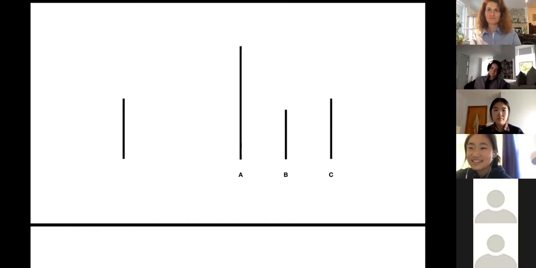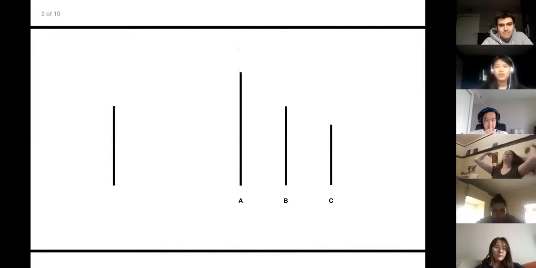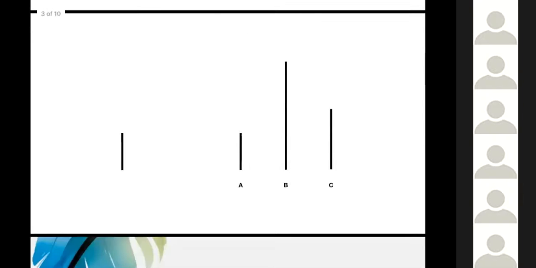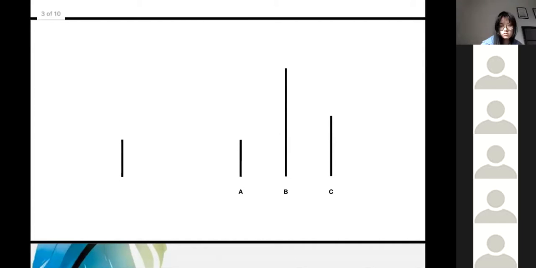Next question. Same principle. We have 3 lines once again and another line on the left side. Can anyone tell me which line this corresponds to? Is there anyone who is in disagreement with the answer C? All right. And we have the third, same deal. Which line does this correspond to?